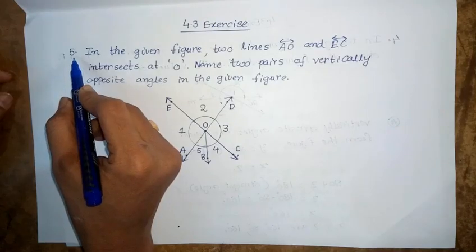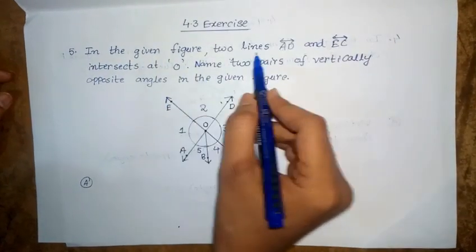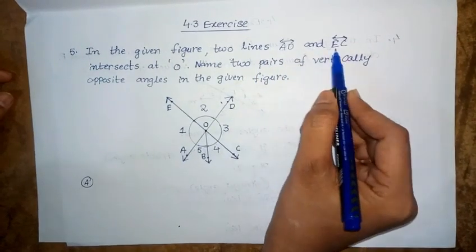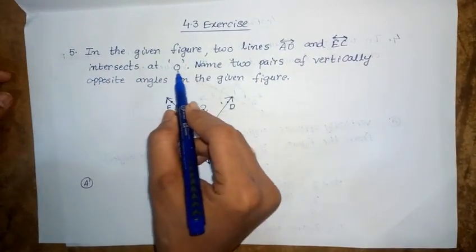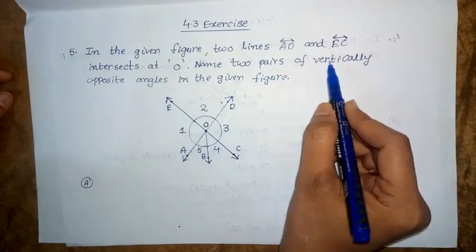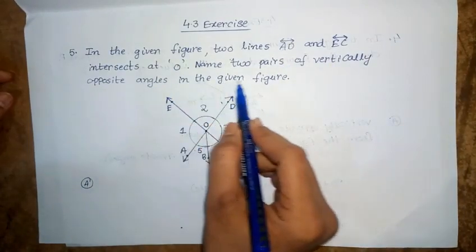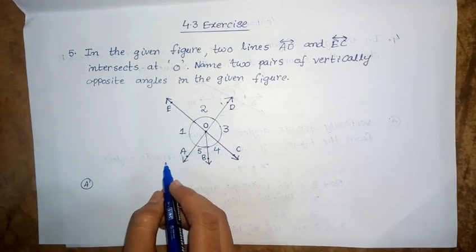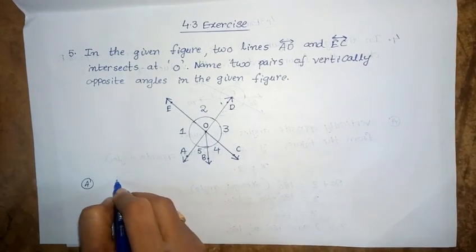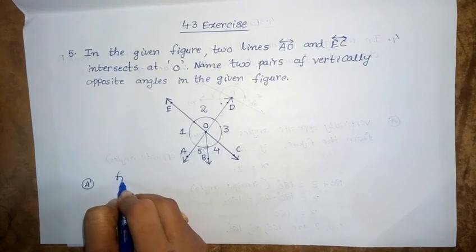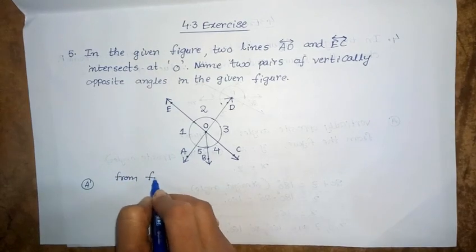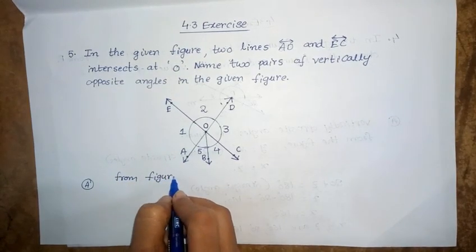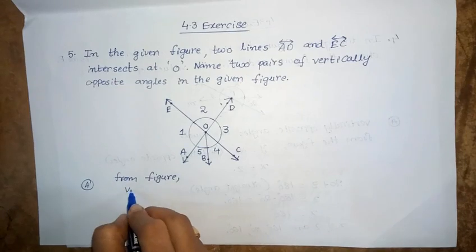Next problem, fifth one. In the given figure, two lines AD and EC intersect at O. Name the two pairs of vertically opposite angles in the given figure. So this is the given figure. In this figure the vertically opposite angles are, from the figure,